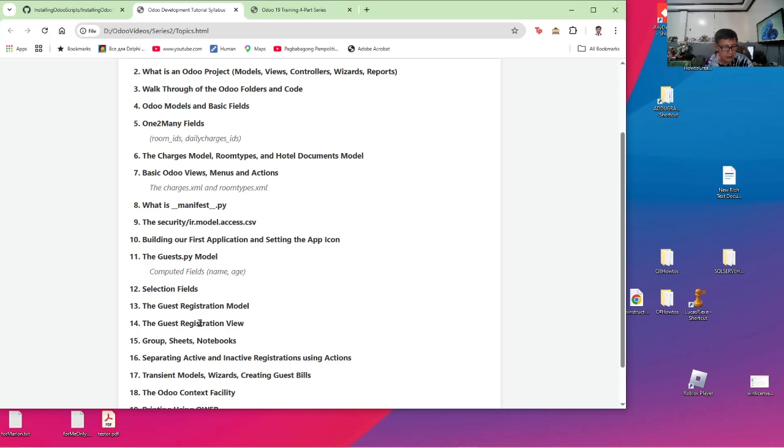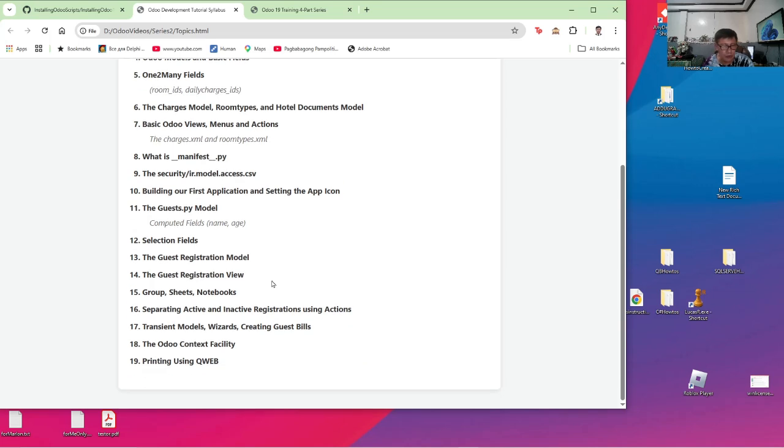In part 14, I will introduce you to Python actions, the two types of actions in Odoo. I will introduce you to view functionalities like making groups, sheets, and notebooks.